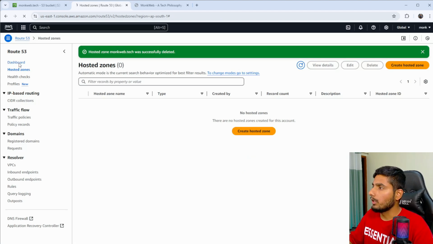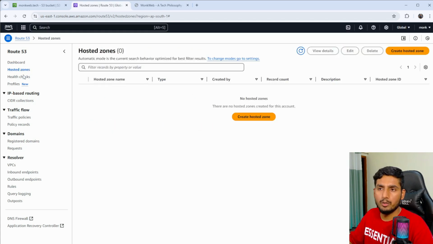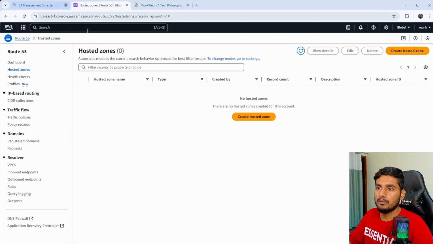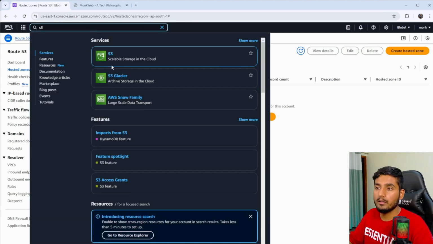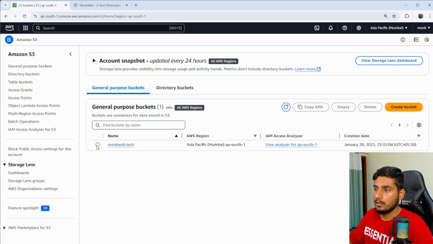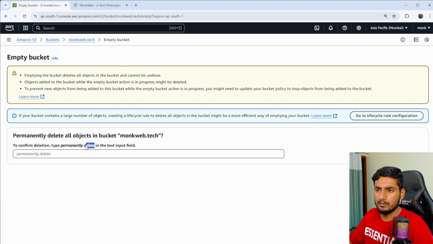Delete it. Let's go to our dashboard and see if there is anything. Okay, hosted zones, no zone. All right, so we are clear from here. Now go to S3, and let's delete our bucket as well. For that, we have to empty our bucket as well. So first empty the bucket and let's try to permanently delete. And if you cannot see,